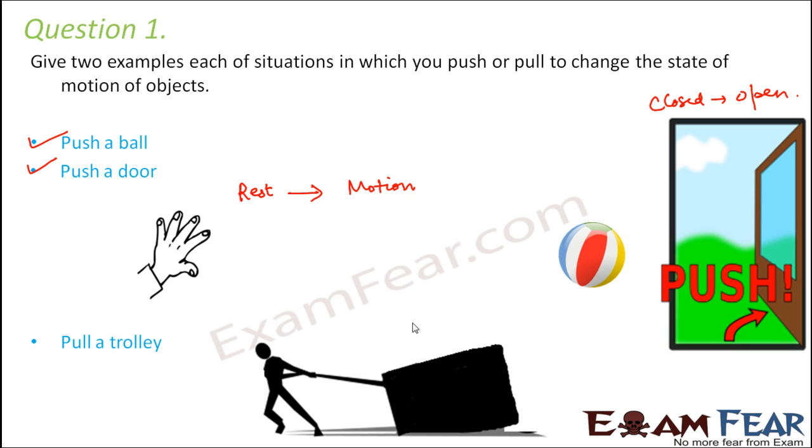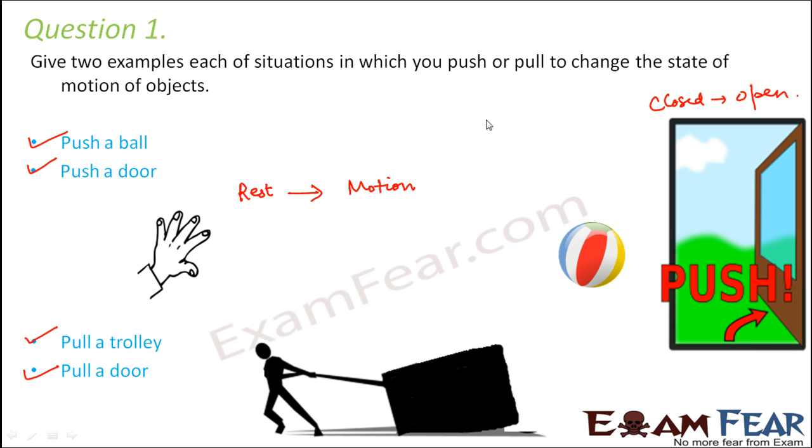So if you talk about pulling, let us suppose you pull a trolley. When you pull a trolley, the trolley was earlier at rest and now because you started pulling it, it is in motion. So its state of motion changed. Or when you pull a door, again the same thing. The door was at rest. Now the door started moving. It got opened or it got closed, whatever. So these are some of the examples where we see that pushing or pulling can change the state of motion